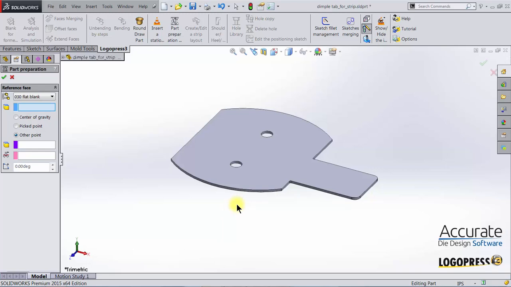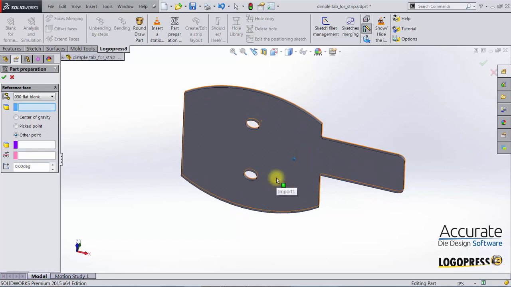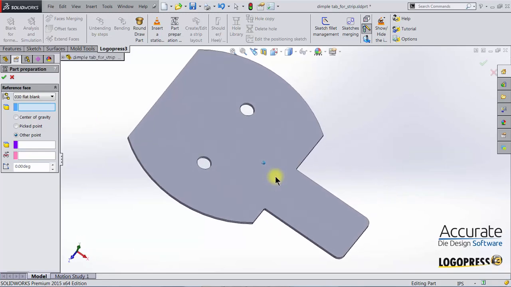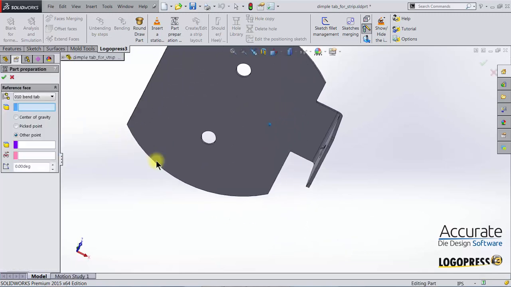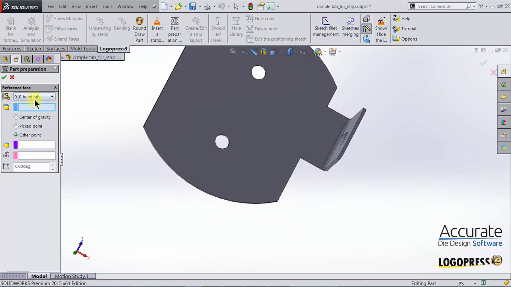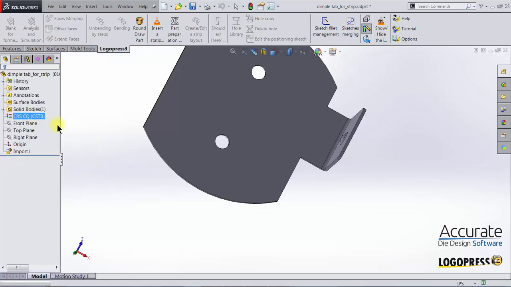What face is at die level? Right now I cannot tell whether it's this face or this face. There are two ways that we can determine that. One way is to change our configuration of the part using this pull down list. And then I can rotate the part. Then before making this selection, we have to make sure that we change the configuration back to the flat blanks